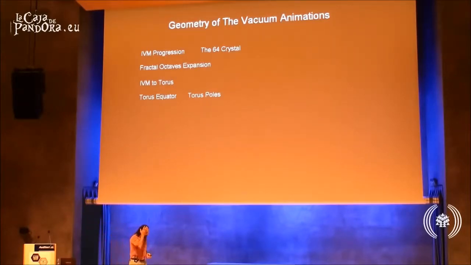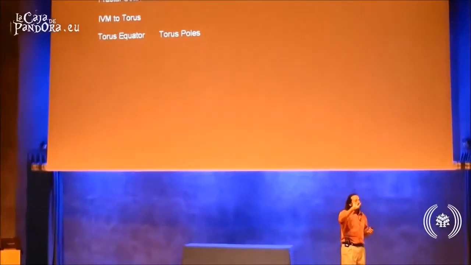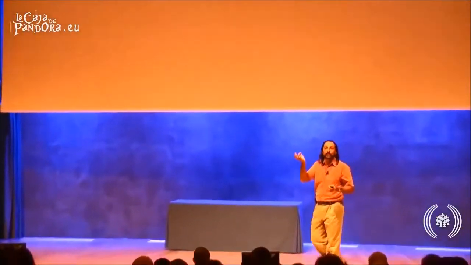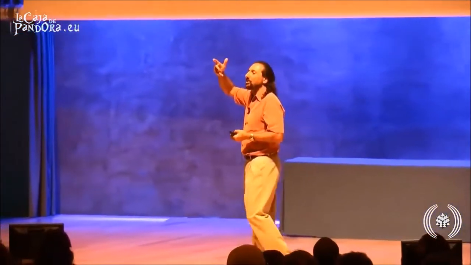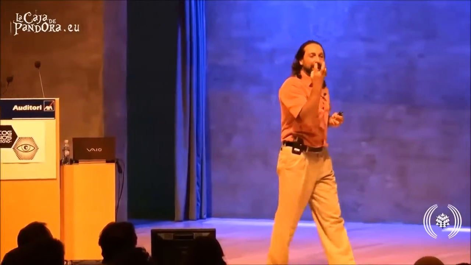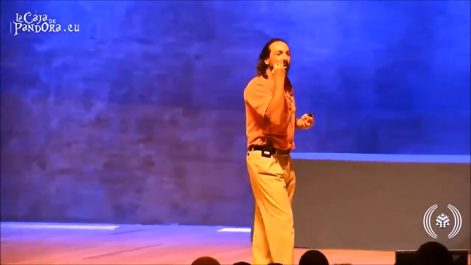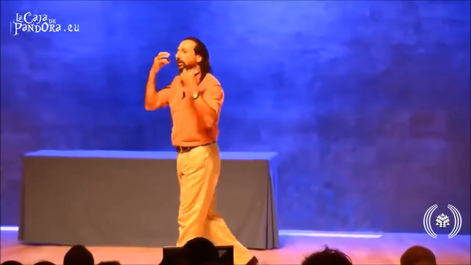And so, I started to elaborate on this geometry because I knew that it couldn't be just one tetrahedron, because one tetrahedron is not equilibrium. In fact, the tetrahedron out of the Platonic solids is very strange. It has two centers. It has a gravitational center and it has a geometric center, which are not in the same place. And so the tetrahedron by itself could not be the geometry of the vacuum only. It had to be more than just a tetrahedron. So I started to work on this.